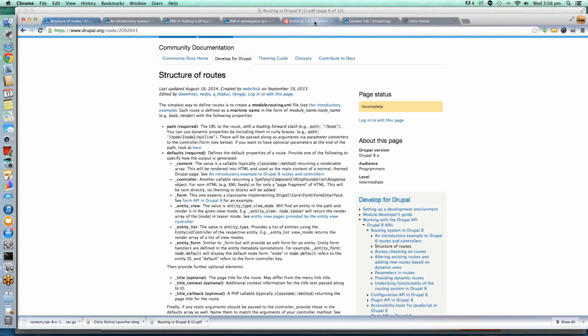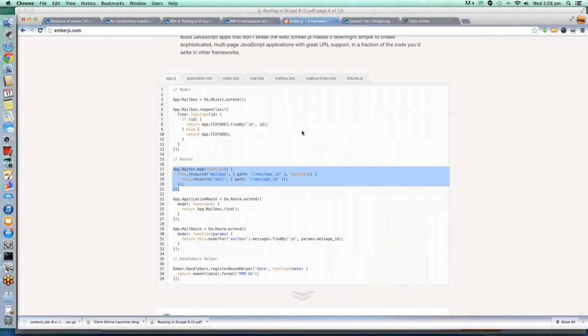So here I have opened another front-end MVC framework, which is Ember, and even in that framework, routing is handled in a similar manner compared to Rails and Symfony. Like we have the path and then we have the controller. Whereas in case we go back to our slide,